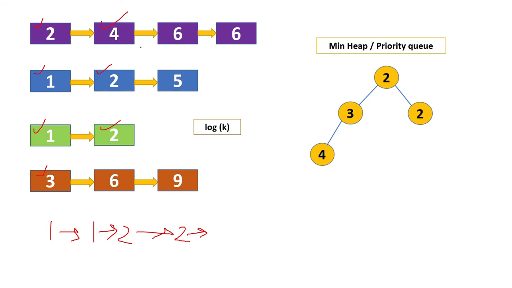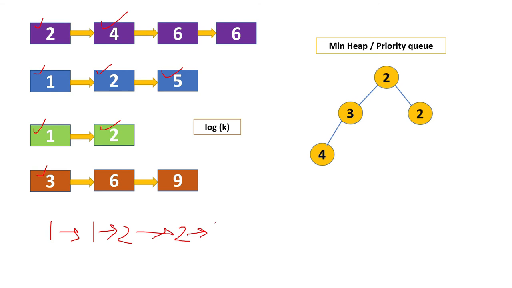And like that we have to proceed. Means when this 2 will be picked, it will move to 5, then 4, 5, 2, 3 will be in the heap, then 2 will be picked, and next going onwards 3 will be picked, 4, 5, 6, 9, like that way. So I'm not writing each and every step. So this is the power of heap we can use here to save some time.